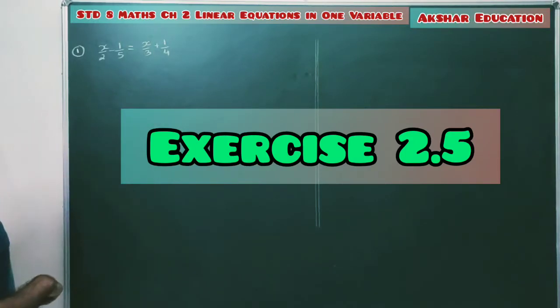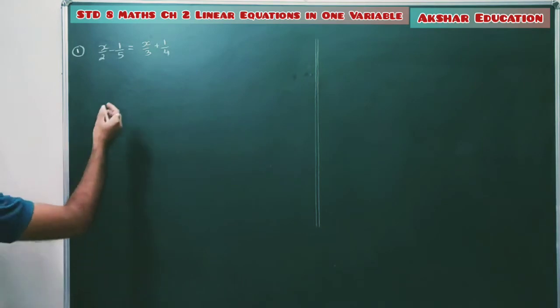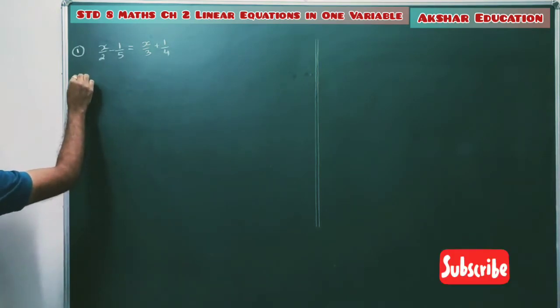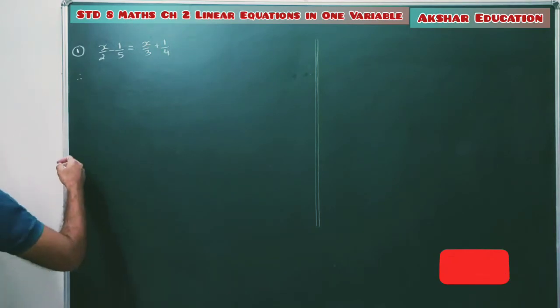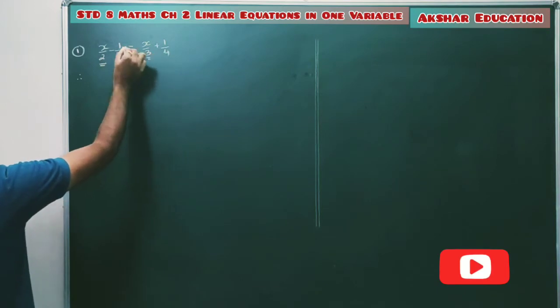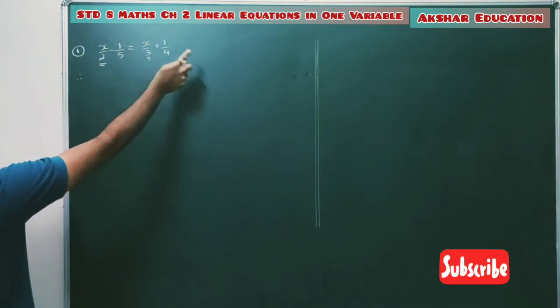This is a given equation in one variable. So we have to solve this equation. That means you have to find the value of variable x. So for this equation, what we can do? First we can take all the terms with variable on one side of the equation and all the terms without the variable on the other side of the equation.